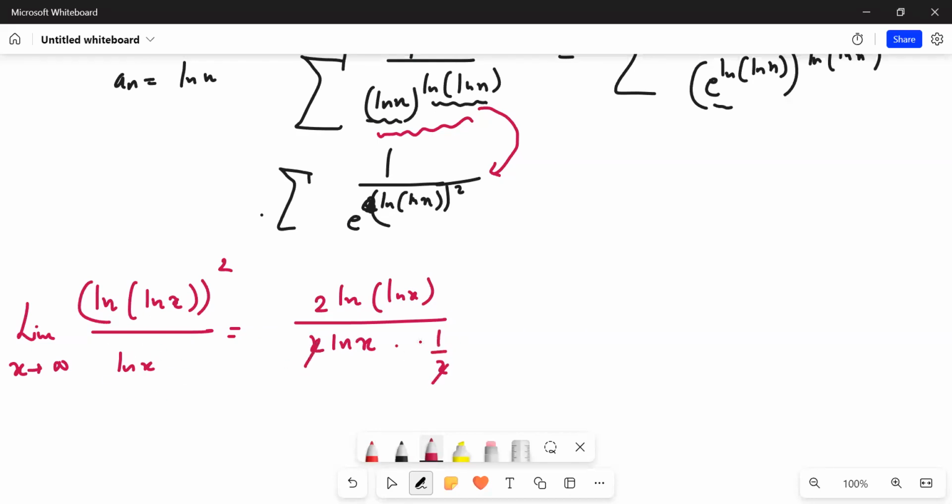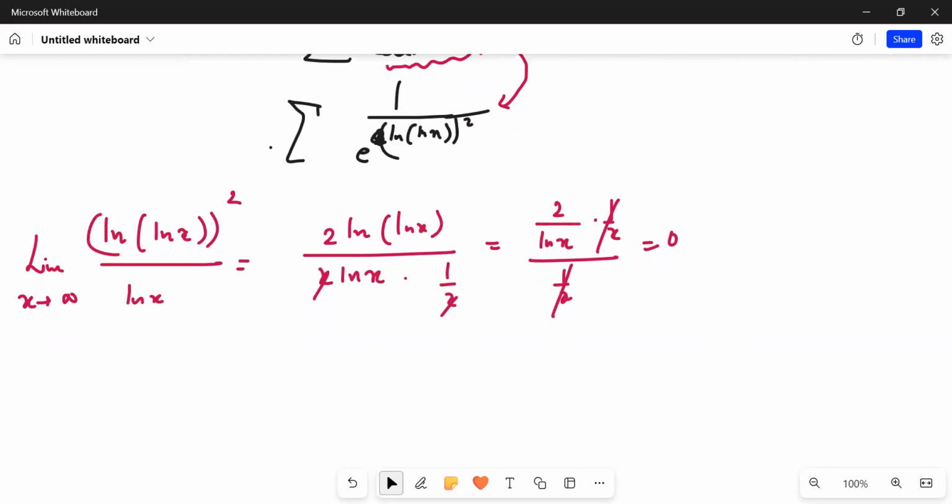So this cancels out. Again, I know this is tending to infinity. Again, I'll use L'Hopital rule. This is 1 upon ln x times 1 upon x, and again 1 upon x is here. So this cancels out. This becomes 0. It implies what? It implies that